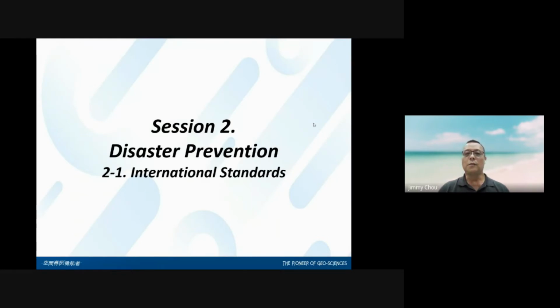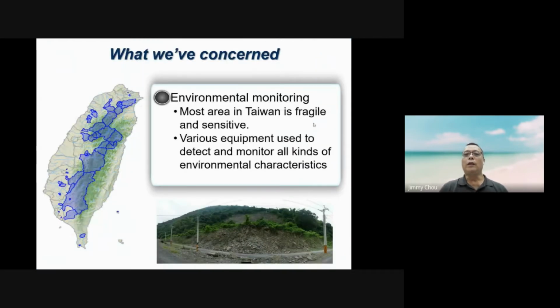So session one is about disaster prevention and why we try to follow the international standards. In Taiwan, environmental monitoring is one of the major topics, because most of the area in Taiwan is very fragile and very sensitive. We have very steep slopes, and also, as I introduced to you, we have so many earthquakes, we have so many typhoons. So various equipment is used to detect and monitor all kinds of environmental characteristics, because